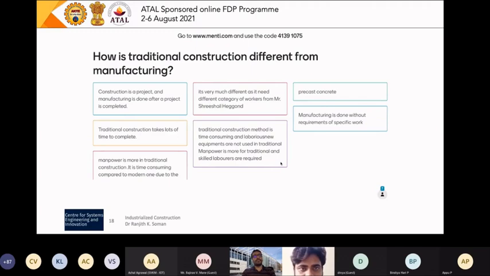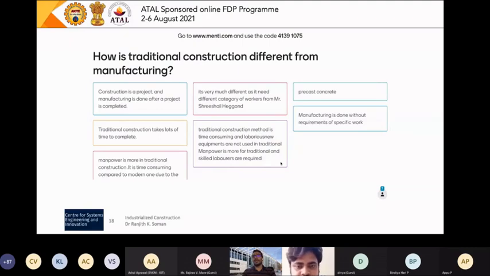Maybe, but construction, so we will come to projects and processes later on. So we might answer that question later. It is very much different as it needs a different category of workers. I think we'll address that comment when we come to